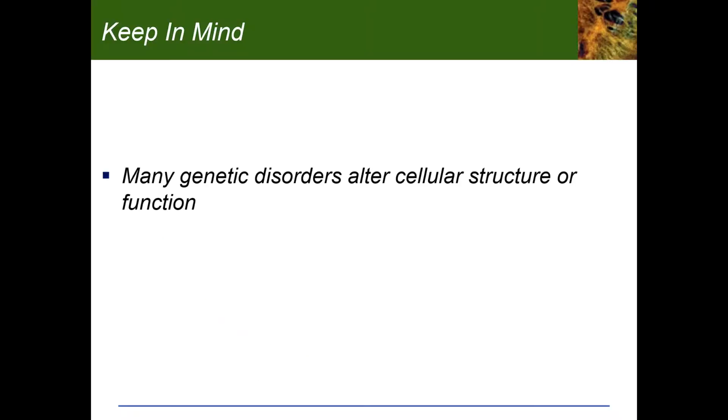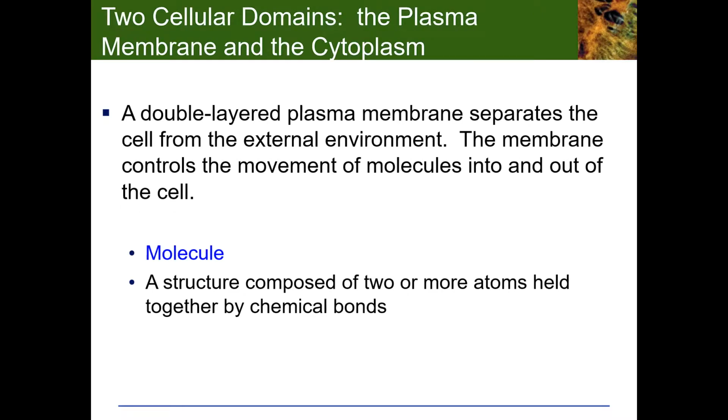Okay, so keep in mind, many genetic disorders alter these cellular structures. All these organelles, what they do and how they function, can be altered by these genetic disorders, causing different things to occur than what would normally be the case. So two cellular domains, the plasma membrane and the cytoplasm. There's a double-layered plasma membrane which separates the cell from the external environment. The membrane controls the movement of molecules into and out of the